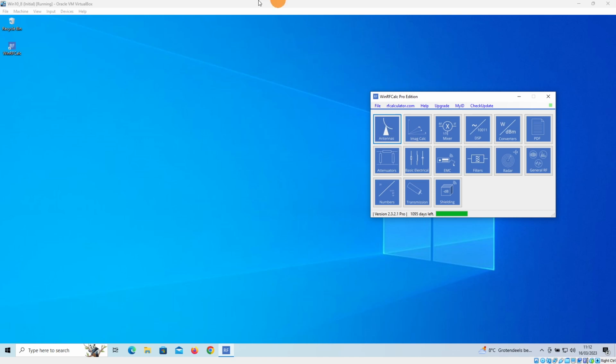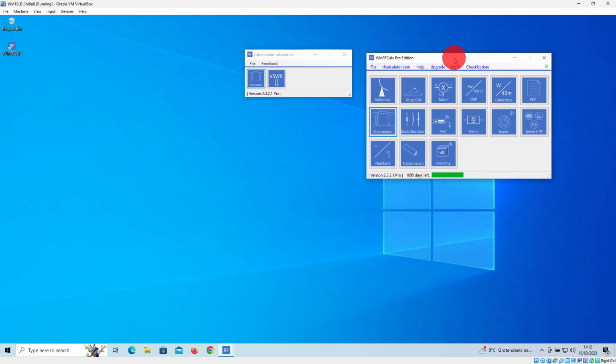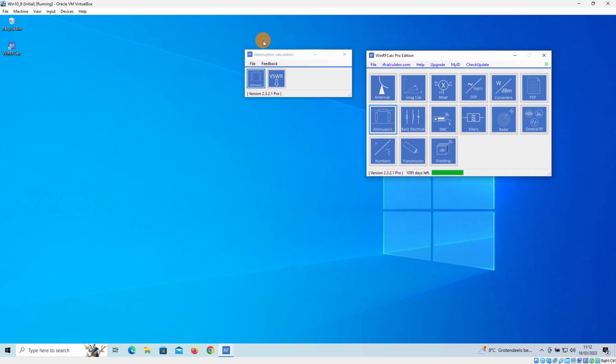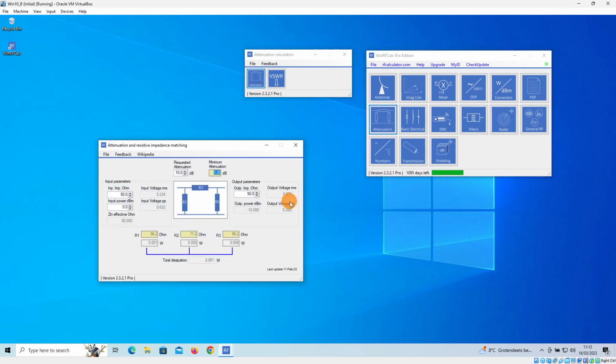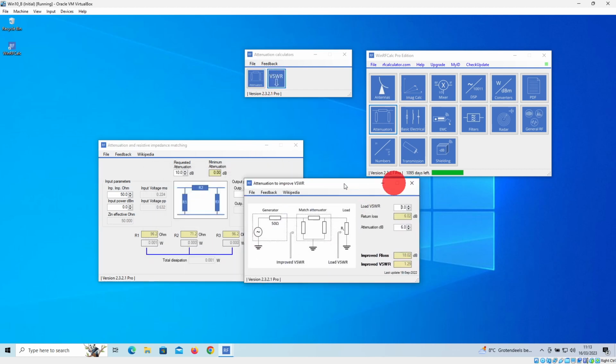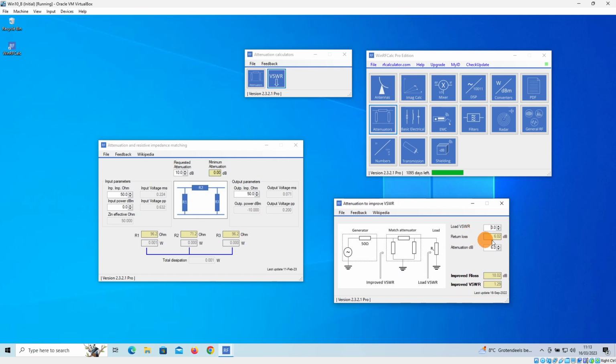Another solution is to use attenuation, and the program offers the possibility to calculate and investigate how you can match two different impedances based on a pi attenuation circuit, which is this example,